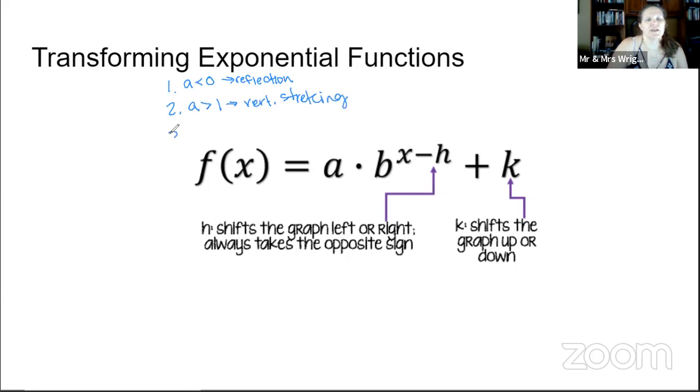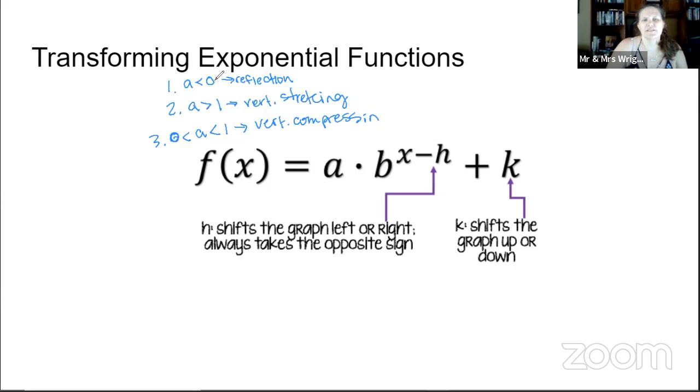And if A was greater than 0 but less than 1, this is option 3, you'd have some vertical compression. So we have all these things, and you could actually have a combination of them, because this right here, if